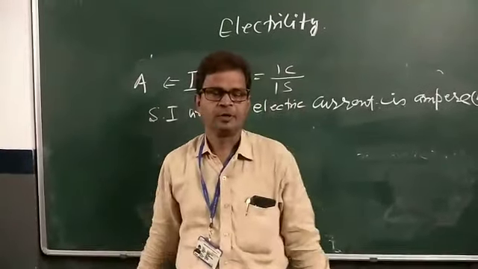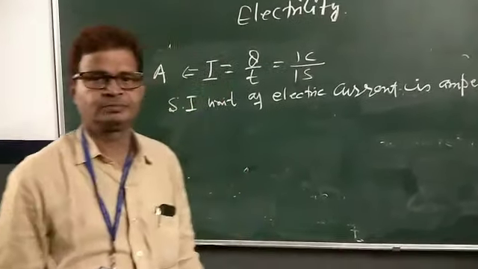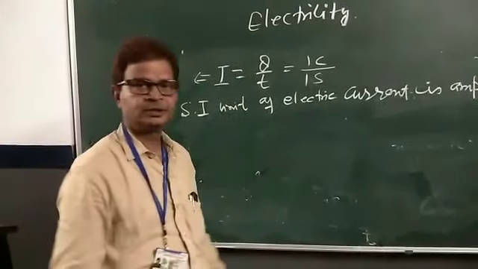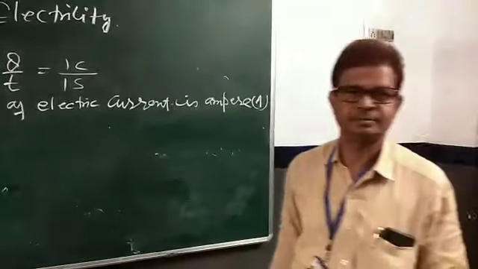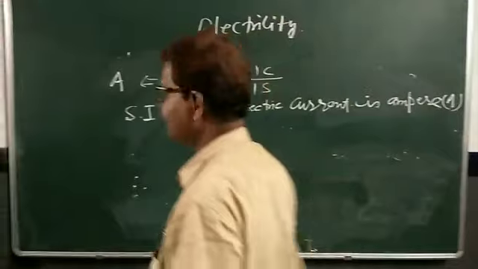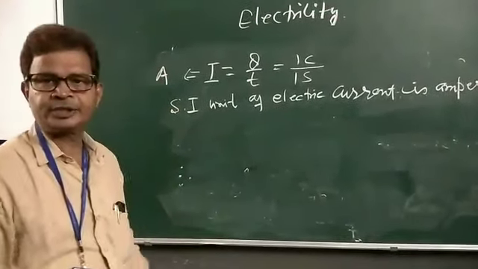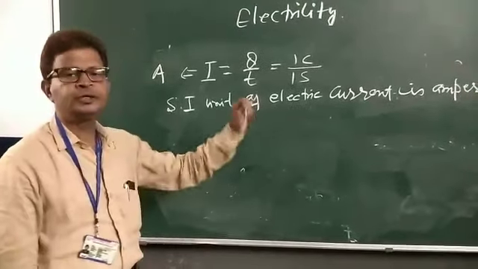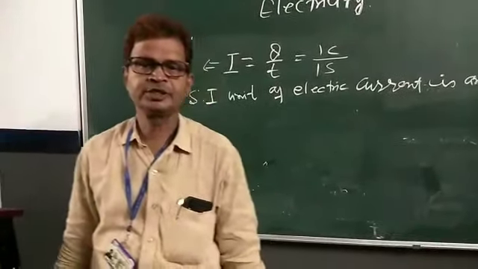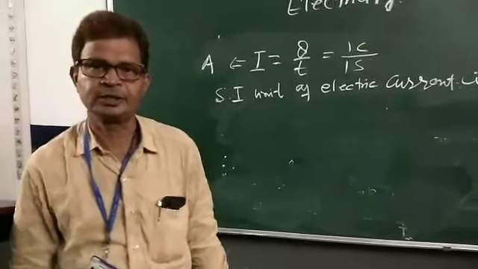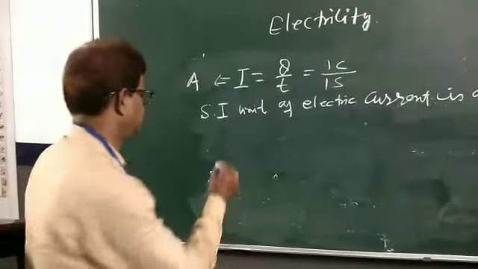Now we are going to talk about the other topics of the electricity, like electric circuit. An electric circuit may be defined as the closed continuous path of an electric current. This can be represented and shown by the figure.